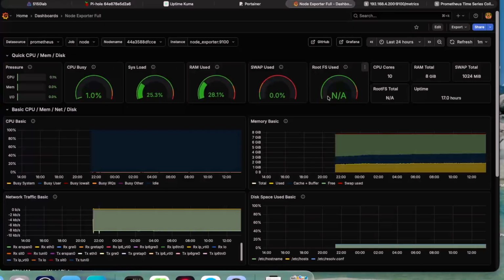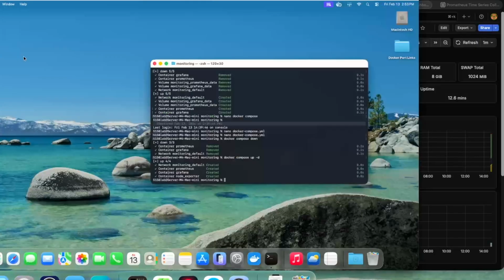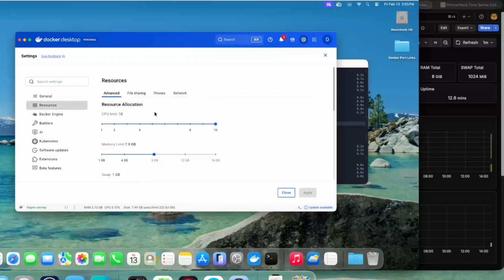Now, I got one little issue right here. The cores is showing accurate, and right here the RAM is only showing 8. Now, if we come over into our Docker, this is pulling the metrics from Docker itself. So if we go into settings, go into resources, you can see we only allocated 8 gig of RAM for the Docker. So if we bump this up to 16 and hit apply,